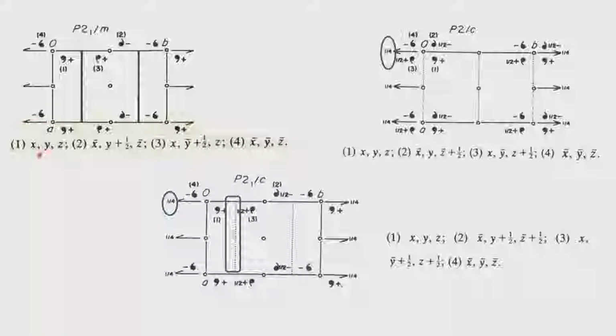Notice that you operate again x bar, y bar, z bar, you operate the center of symmetry again, you will go here, operate the mirror symmetry, you will go there, and operate the two-fold, the 2-1 screw axis, you will go there. So, the symmetry is still maintained, and therefore, the property of the group is still maintained.